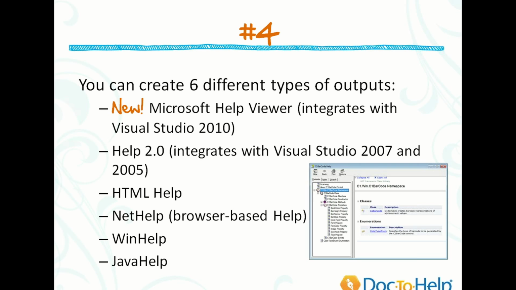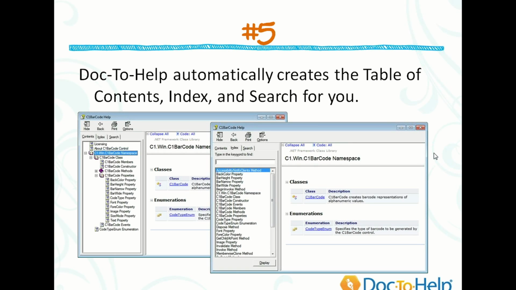But if you do it with a project that includes a reference section, the reference section won't be included in the manual, but if you created an introduction, tutorials, you have your end user license agreement, all those things will appear in your manual. Okay, and finally, number 5, DocToHelp automatically creates the table of contents, the index, and the